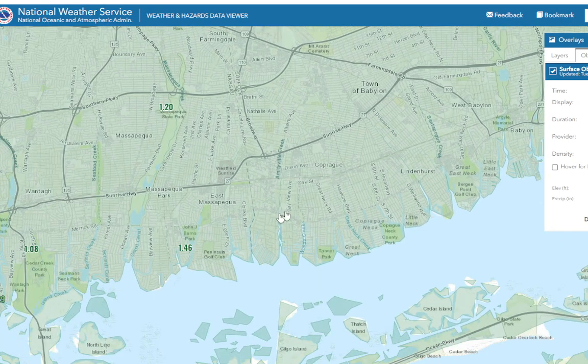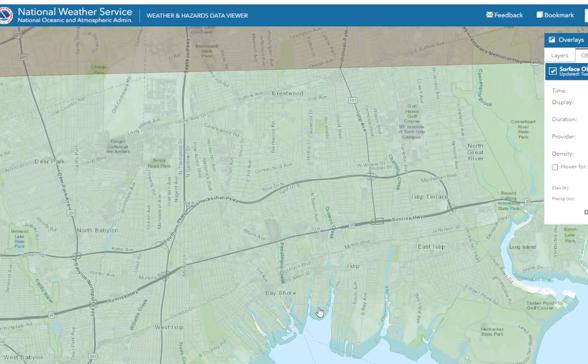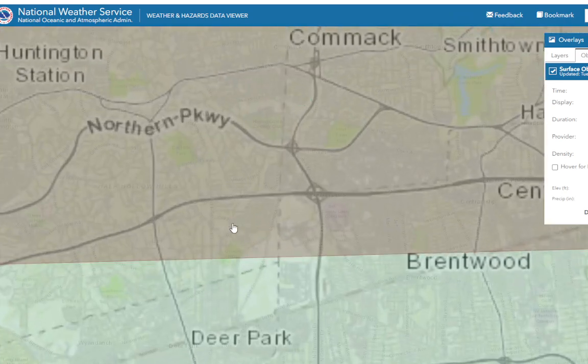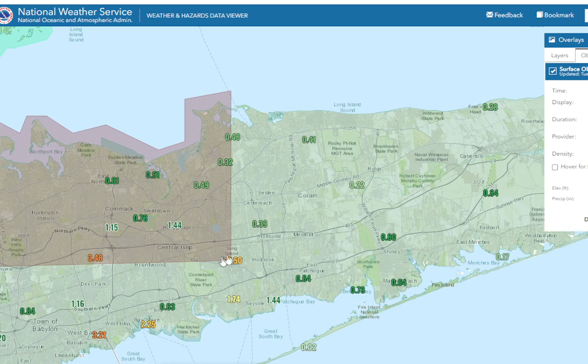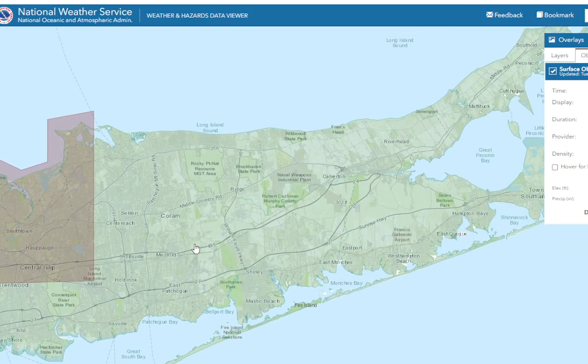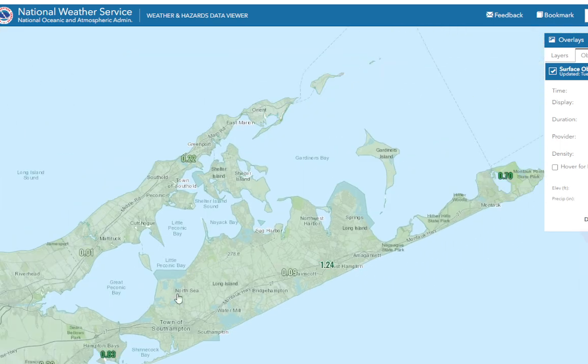this area, 1.46, and I think there's some higher amounts in there, too. We're going to have to go to the Wonder Map. 3.21 in Babylon, I believe. 2.25, 3.48 in Dix Hills. So Suffolk County, 2.50 at Islip. Suffolk really got hit hard. 1.44 in Hop Hog. But then as you head out east, Ridge only got 0.22 inches of rain. And as you head out to the east end, some areas got 1.24 in East Hampton, but a lot of